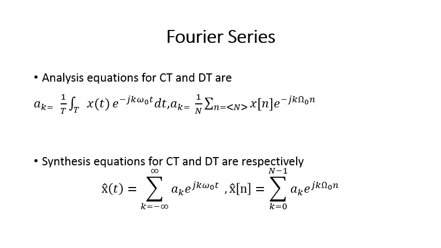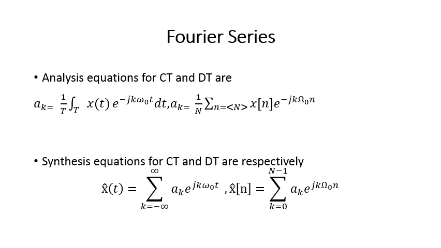Then we came to the next topic. In the previous topic of LTI systems, we said if we can represent a signal in terms of scaled and shifted impulses, then knowing that the system is LTI, we can find the output of the system using convolution, right? So in the next chapter we talked about the Fourier series and Fourier transform.